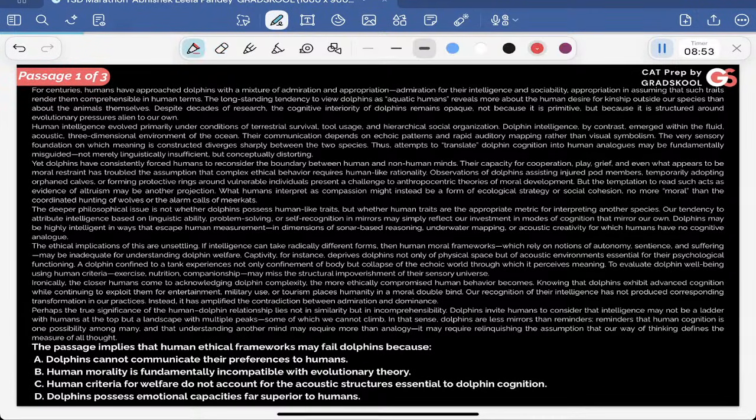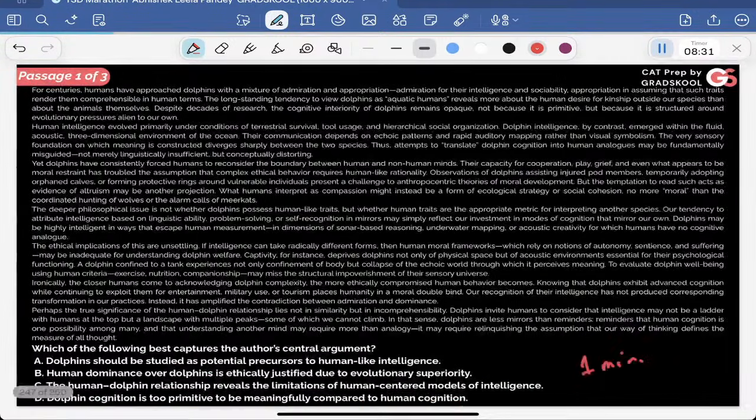The passage implies that human ethical frameworks may fail dolphins because: dolphins cannot communicate their preferences to humans; human morality is fundamentally incompatible with evolutionary theory; human criteria for welfare do not account for the acoustic structures essential to dolphin cognition; dolphins possess emotional capacities far superior to humans. Which of the following best captures the author's central argument? Dolphins should be studied as potential precursors to human-like intelligence; human dominance over dolphins is ethically justified due to evolutionary superiority;